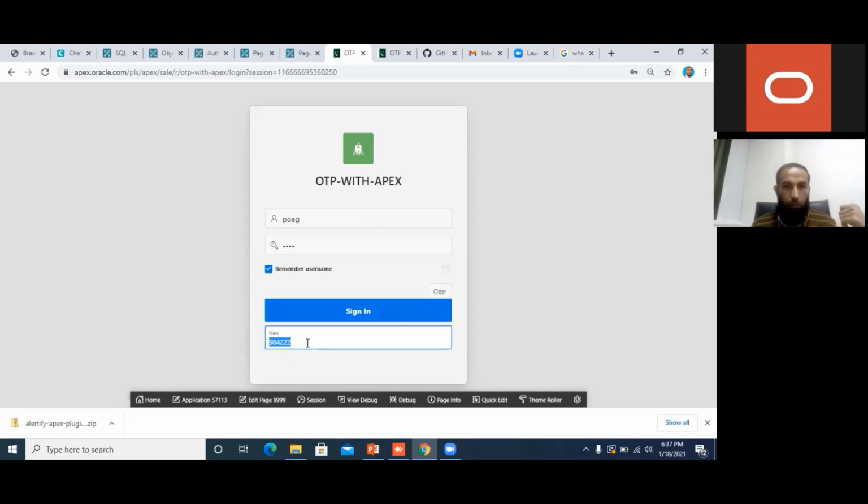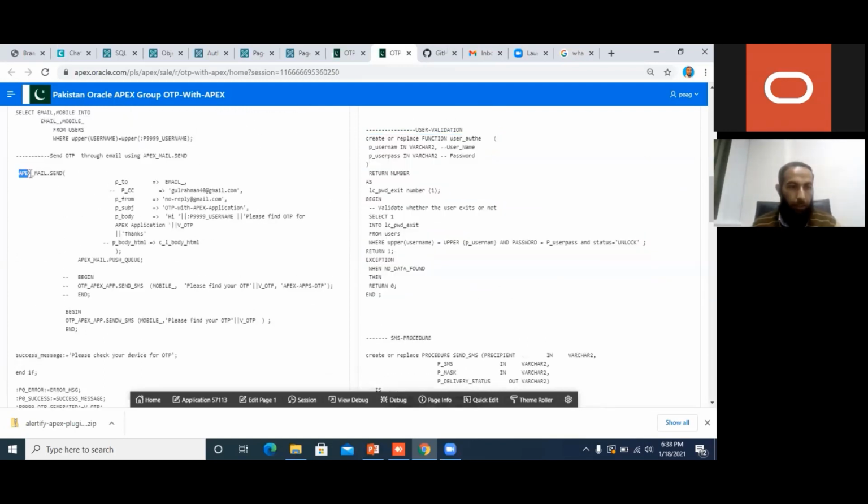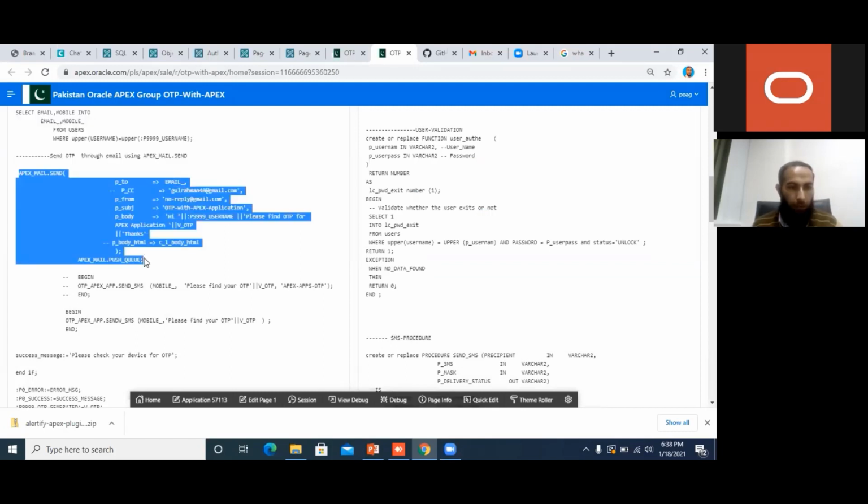We need this OTP in our SMS. We need this OTP in WhatsApp. So first of all, we are coming towards email, then WhatsApp, then SMS. Here we have a built-in API, apex_mail.send. I would like to use it